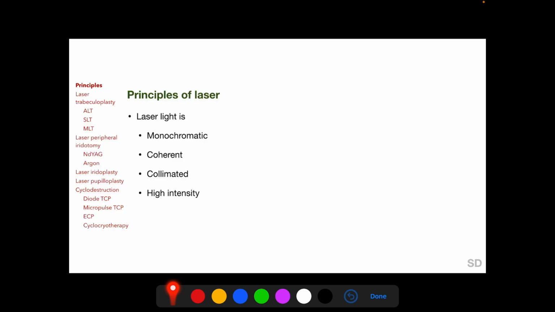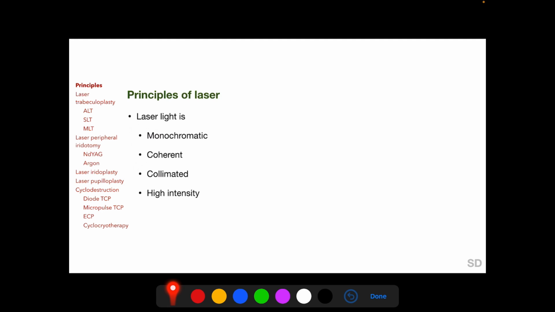Laser light, as we know, is monochromatic in the sense that all the waves in a laser beam have the same wavelength, is coherent in the sense that all the laser waves in a laser beam are in phase with each other, is collimated in the sense that all the laser waves in a laser beam move in the same direction with little dispersion, and because of these three properties, lasers are able to deliver a large amount of energy